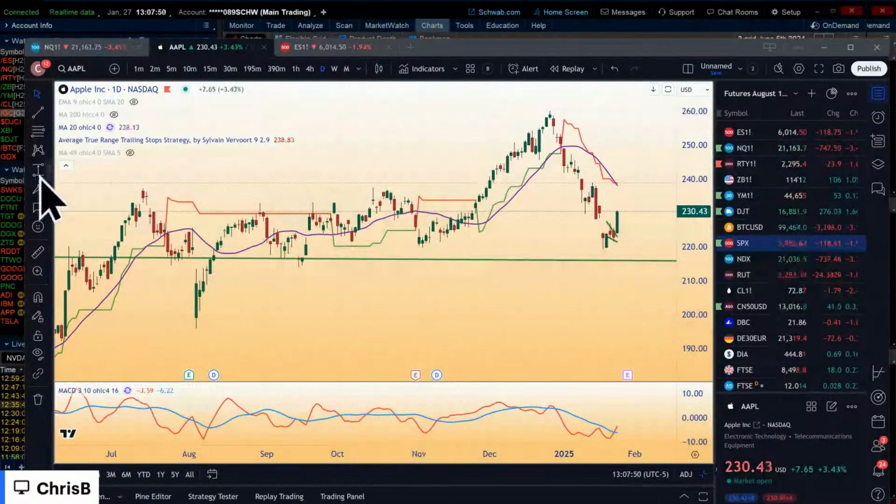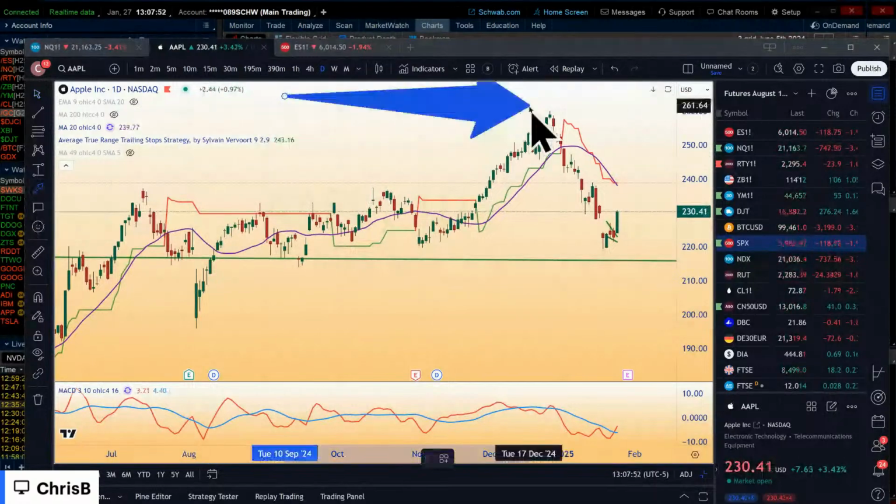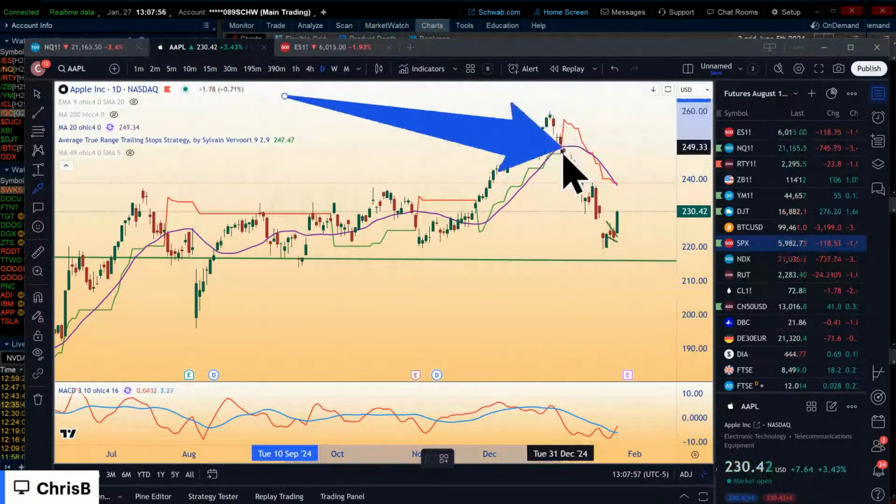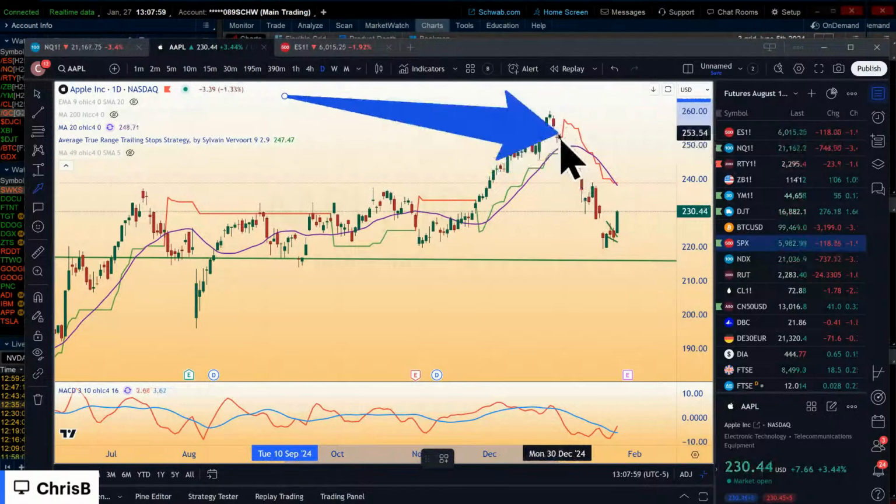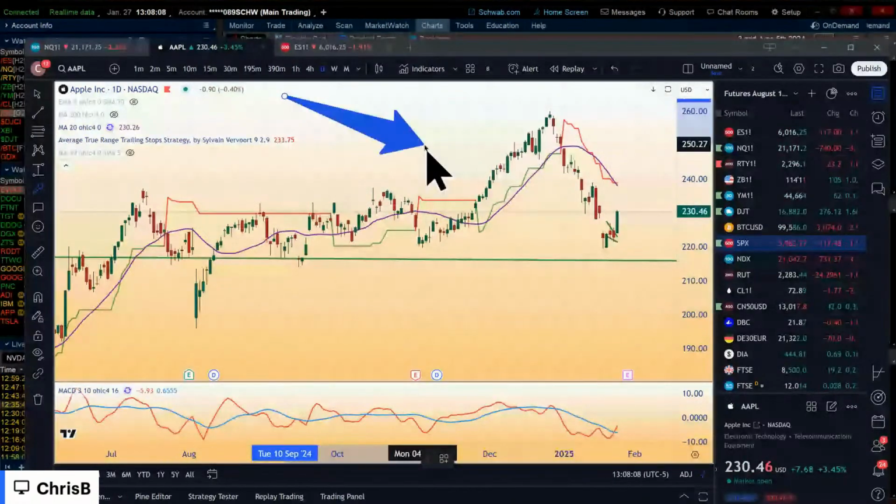So like right here, look at that. That doesn't mean a hill of beans, but you got the break and the follow through. Break and follow through. That's your turn. Break and follow through. This one's a little rough because you're under everything, but it worked. So that's how we do it.